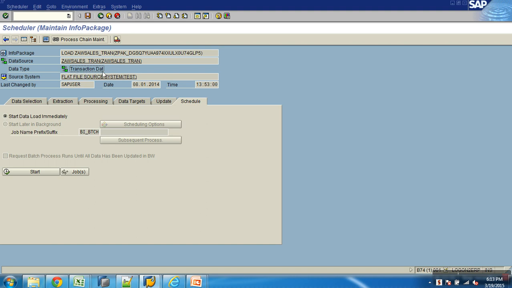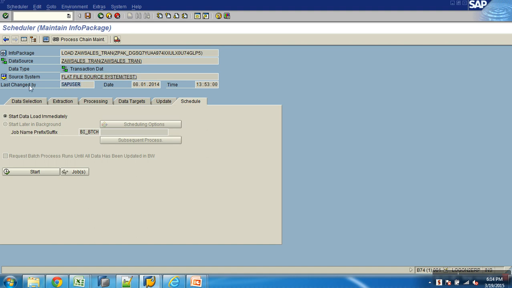That's why it understands it is extracting transaction data. And then it says flat file is the source system. How does it get this source system name? Because this info package is based on this data source, and this data source depends on this system. Info package is dependent on the data source, and data source always depends on the source system, always.